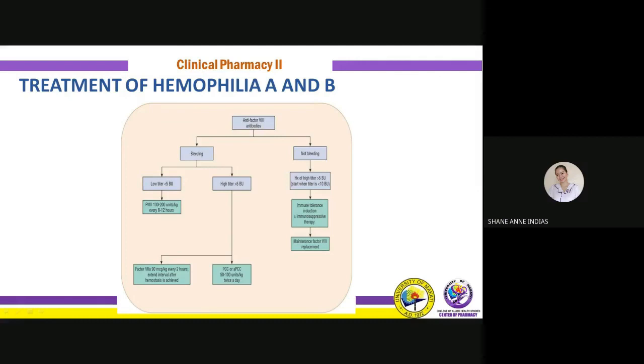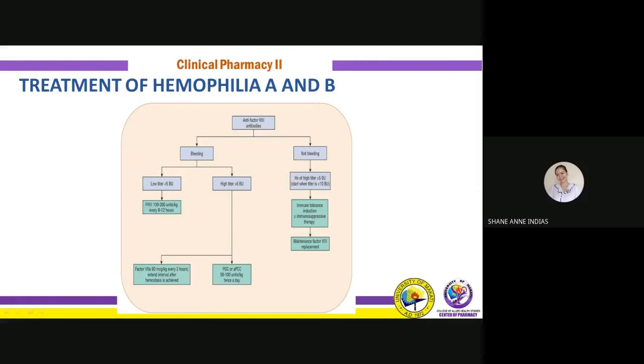Para naman dun sa patients na walang bleeding episodes, syempre yung goal natin is directly ma-eradicate si inhibitor na na-develop. So the ideal therapy for patients with an inhibitor is total eradication so that optimal hemostatic treatment with either factor 8 or 9 is possible. So at this time, the only proven method for inhibitor eradication directly, 'di ba, is the immune tolerance induction or the ITI, which involves the regular infusion of factor 8 to induce